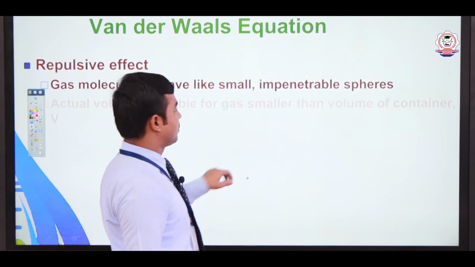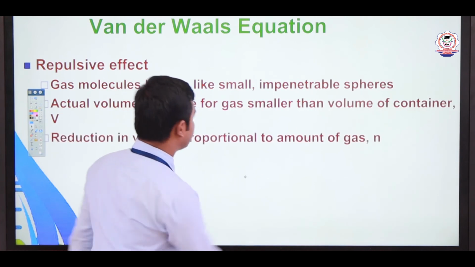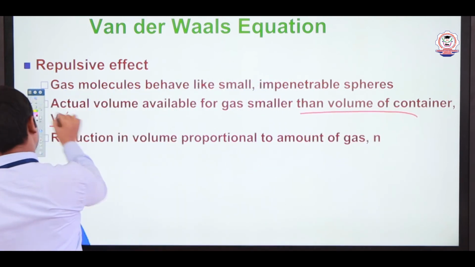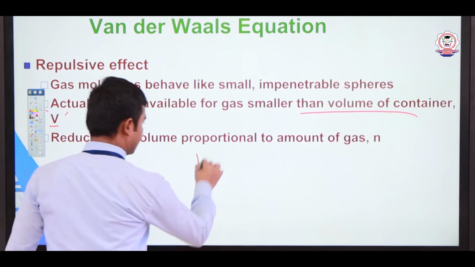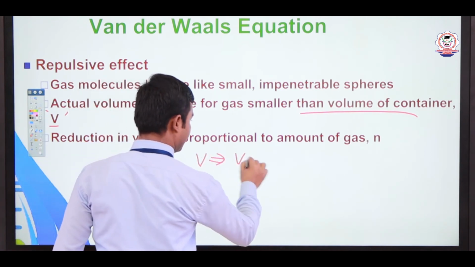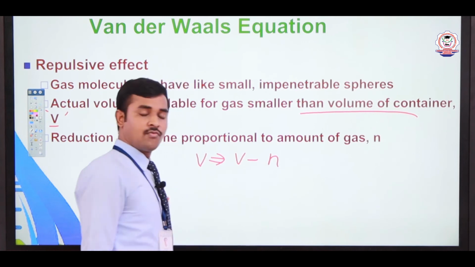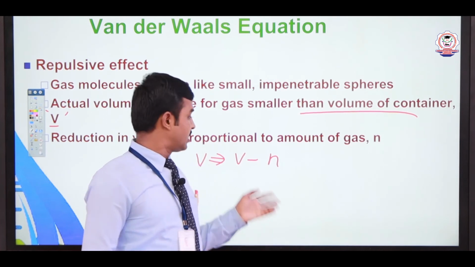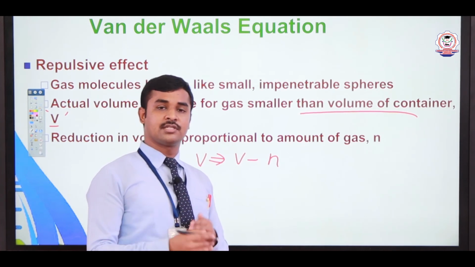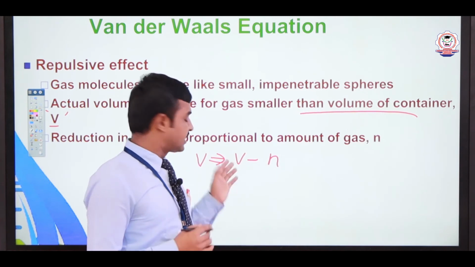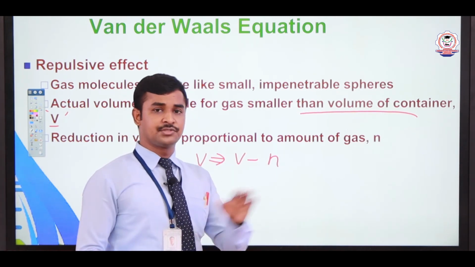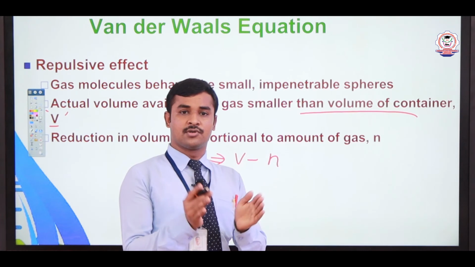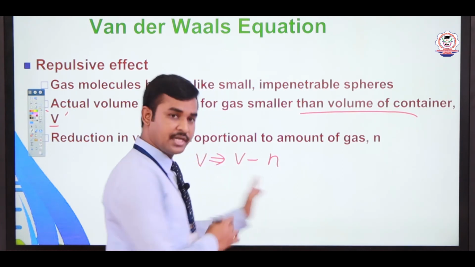Now we can write the van der Waals equation according to the volume. Let us consider the volume of the container, which is V. You can change the volume to V minus n. The volume correction is related to the attraction between the molecules. If the attraction increases, the volume decreases. It is inversely proportional to the attraction. Let us consider real gases. Ideal gases do not have attraction, but real gases have attraction. By the attraction, the molecules come closer, so the volume is reduced.